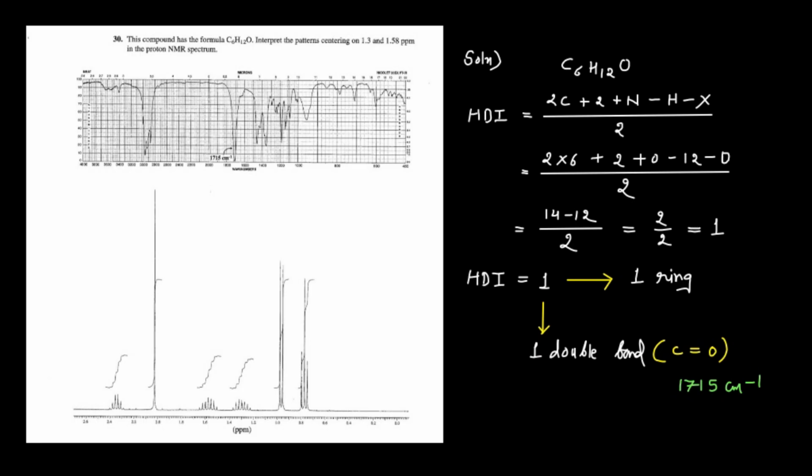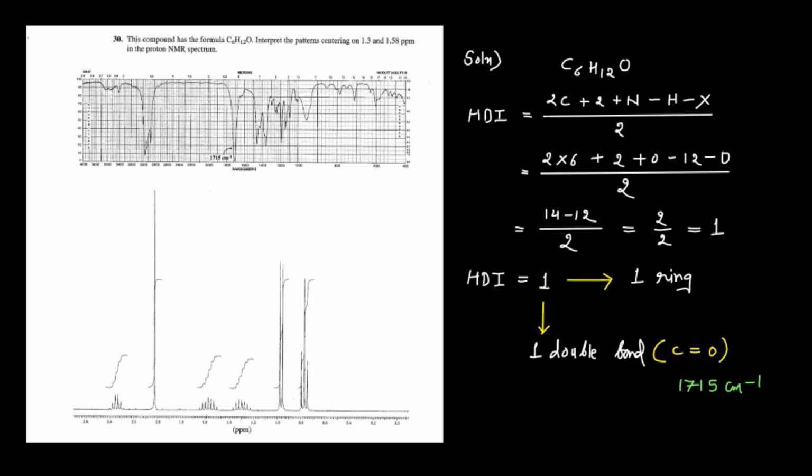So what we'll do, first of all, we'll calculate the index of hydrogen deficiency, or the hydrogen deficiency index. The HDI formula is (2C + 2 + N - H - X) over 2. So here 6 carbons are there, so 2 into 6 makes 12, plus 2 is 14. No nitrogen is present, 0. 12 hydrogens are present, minus 12. No halogens are there, 0. Over 2, that is (14 - 12) by 2, that is 2 by 2 equals 1. So the index of hydrogen deficiency for this formula we have calculated as 1,